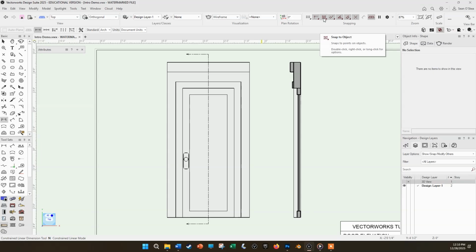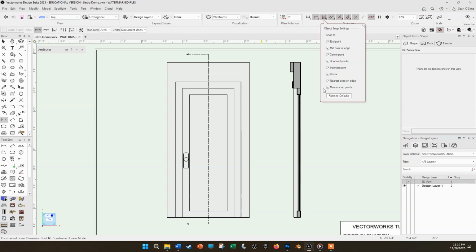They are very helpful, but this snap to object is essential to get these precise measurements. If you have these turned off, you're just kind of getting close. You have to zoom right in. You could be off by like a whole half inch or something like that. So make sure that you've got these snapping to object turned on, and then it's really fast and easy to